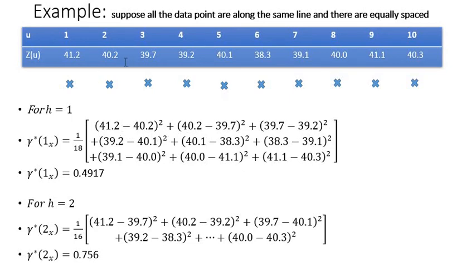So plus the next pair is 40.2 minus 37. Then the next pair is 37 minus 42. Then the next pair is 39.7 minus 39.2. And you continue all these pairs up to 41.1 minus 40.3. And then you square these differences, you square them, satisfy yourself that you get the following answer: